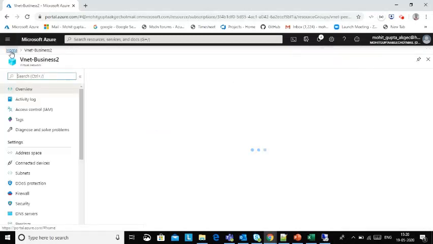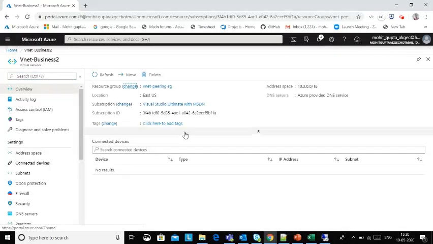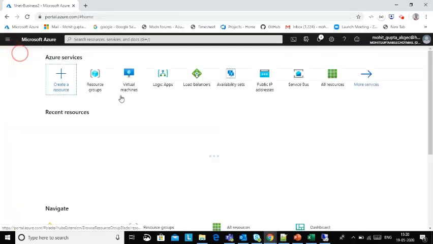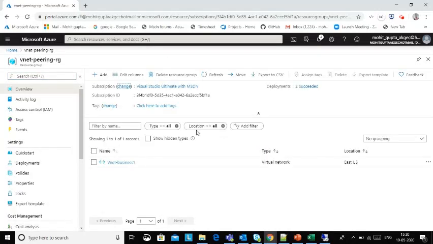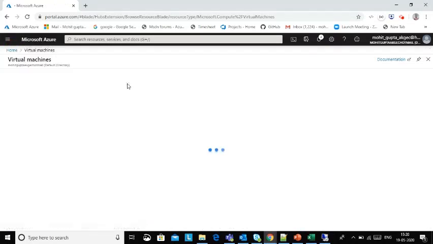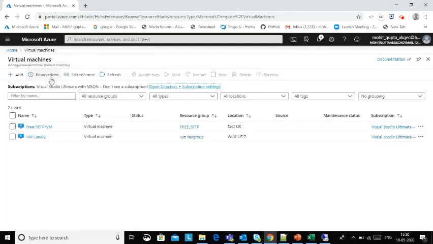Okay, so both virtual networks are ready. Now I'm going to add the virtual machine in the virtual network. First I'm adding it in VNet 1.